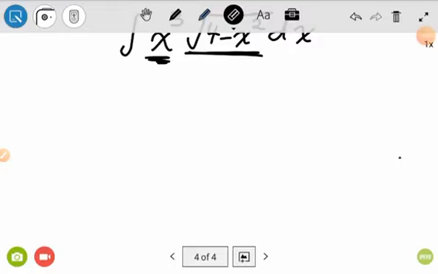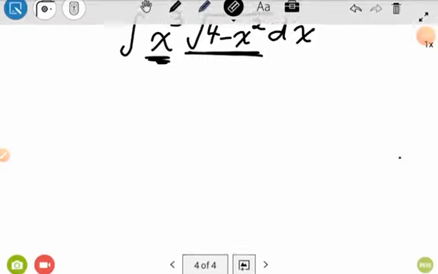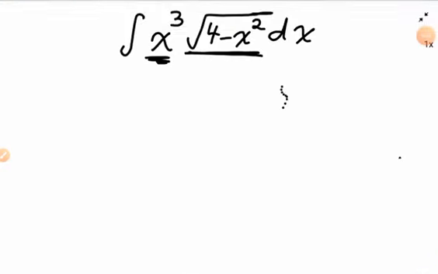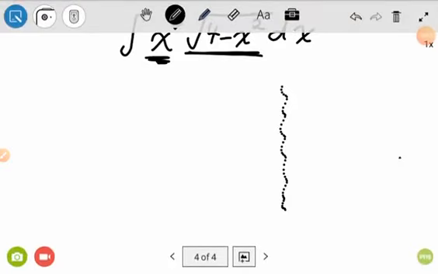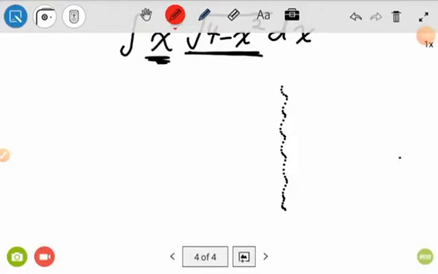So my dv here, pay attention, my dv will be x radical